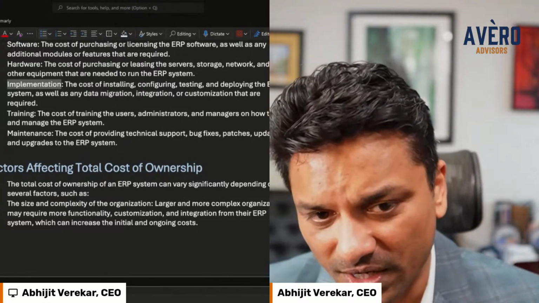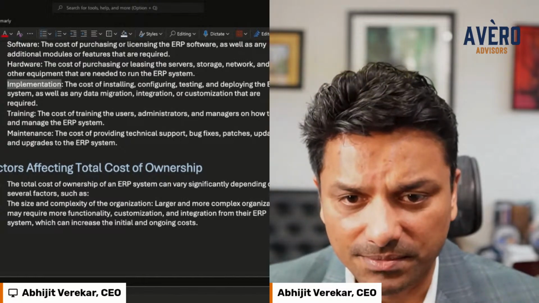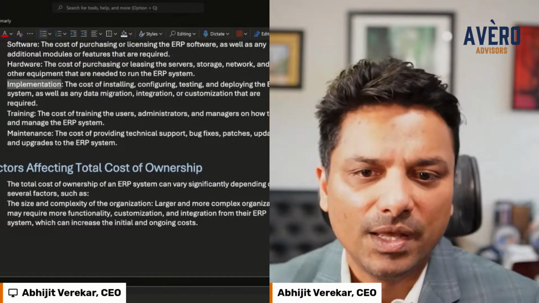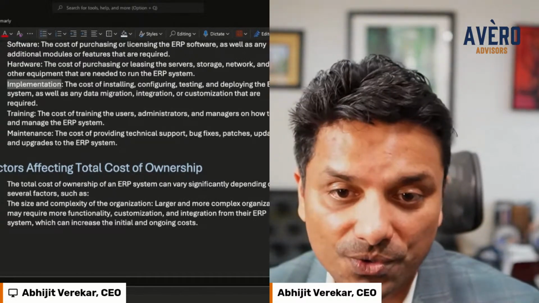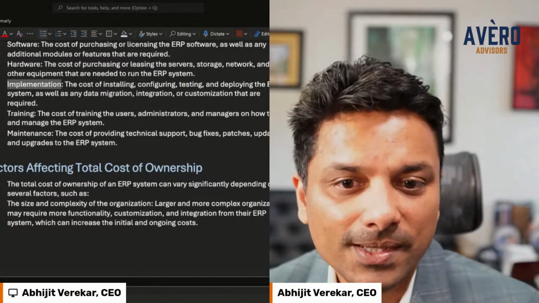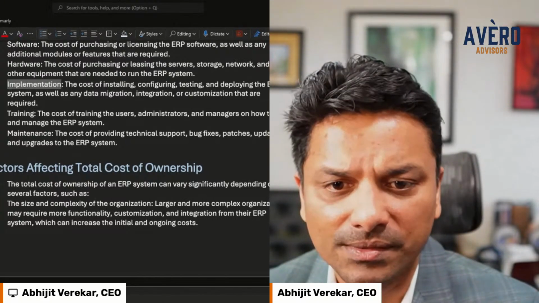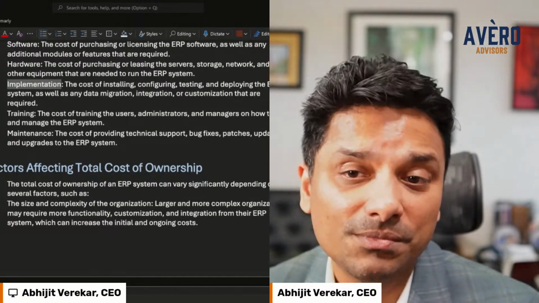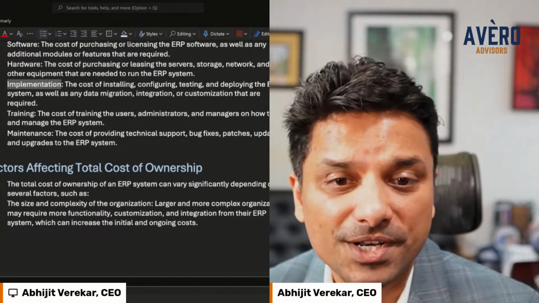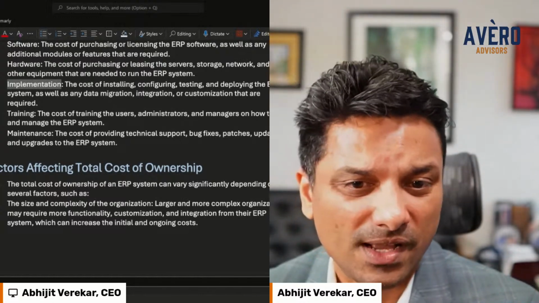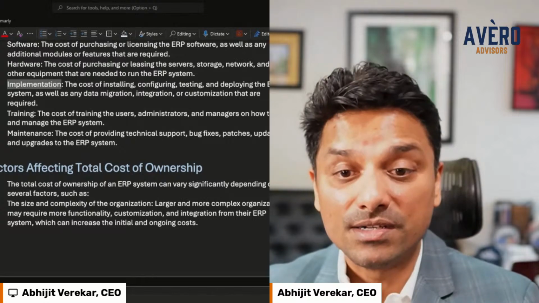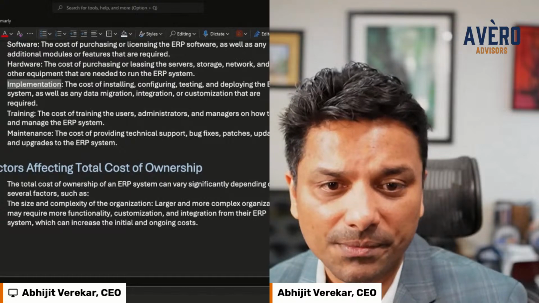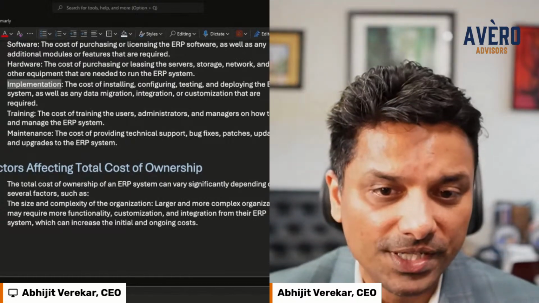So this is the cost of installing, configuring, testing, and deploying the system. Let's say you buy Oracle, you'll have a third party implementer that will come in and actually do the implementation for you. You'll still have a line of contact with Oracle, but you'll have another third party that's doing the configuration, the testing, the training, project management. And then you might have another party that's doing third party consulting, running the PMO, someone like a Vero that comes in to make sure that multiple vendors are being managed according to the client's requirements and that we're not missing anything during the implementation. So that cost needs to be factored into your TCO.